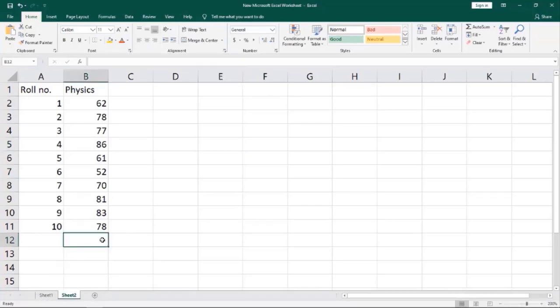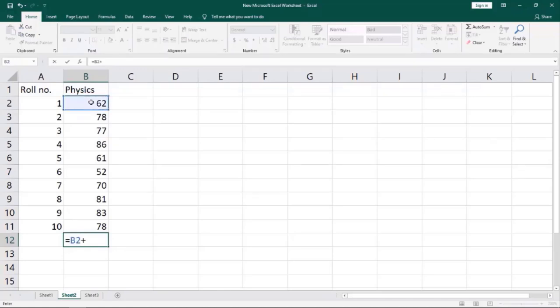Here, for equations, first I will give the equal to sign, then using the plus operator I'll get the sum of all these students' marks.